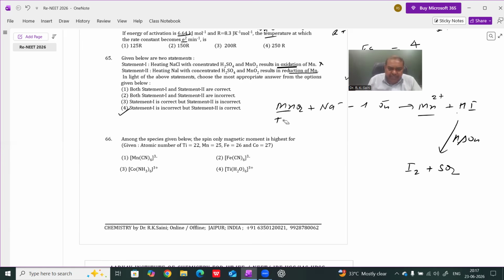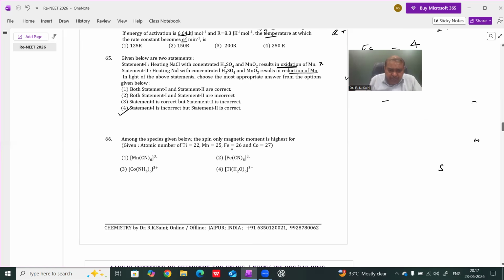Question next, 66. Taken from coordination compound. Highest spin magnetic moment. Highest spin magnetic moment depends upon the number of unpaired electrons, and the simple formula is root n(n+2), where n is the number of unpaired electrons. In case of Mn, the oxidation state of Mn is plus 3, and in plus 3, 4 electrons are present in d,